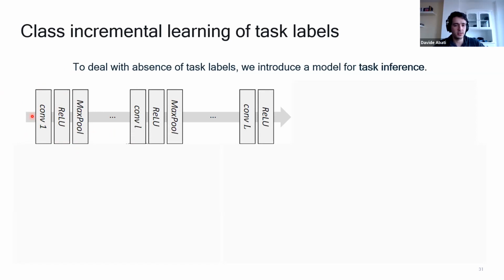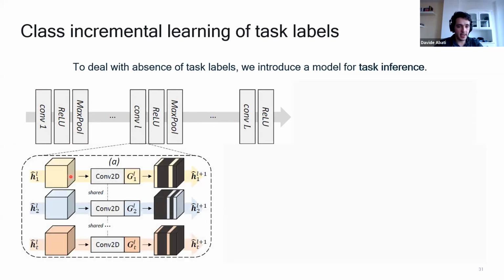This is, I think, a bit difficult concept or slide to explain, so just bear with me. Let's say we have a neural network made of many layers. Each layer, as I explained, has several ways of gating the input activations, and each gating module is relevant to some task. We don't know what the task is. So what we do, and this may seem surprising, is that we carry on all the alternatives.